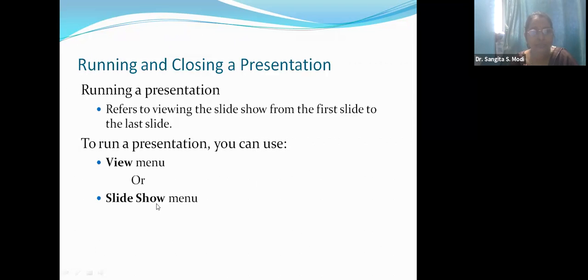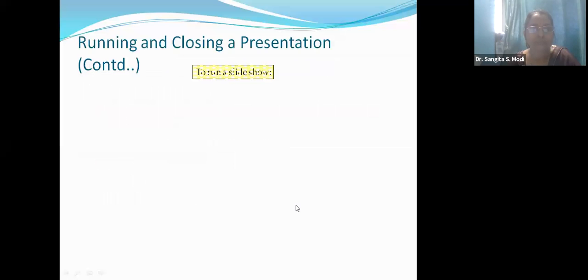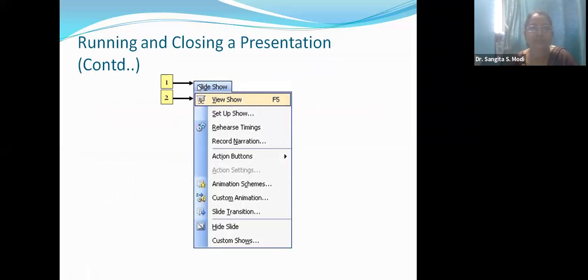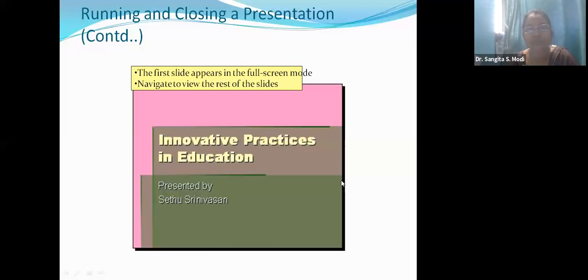For slideshow view, you can directly press the F5 shortcut key. This one is the function key. By pressing this, you can directly start your slideshow. So to run a slideshow, just go through menu, slideshow, view show. You can either click on this or press F5 directly without opening this menu bar. So you can use these shortcut keys. Sometimes in your exam, many shortcut keys are asked from the different menu bars.